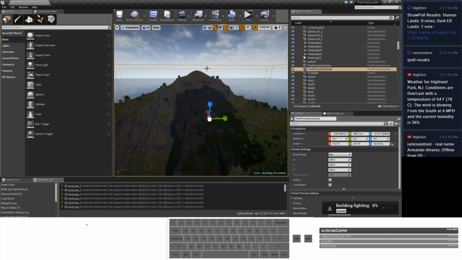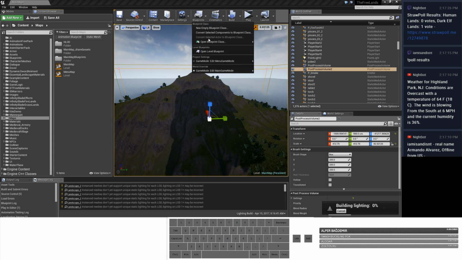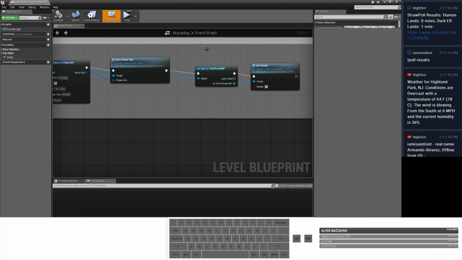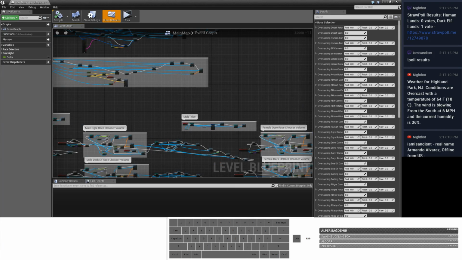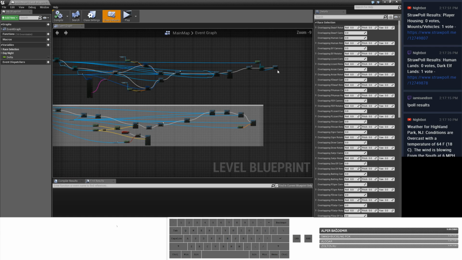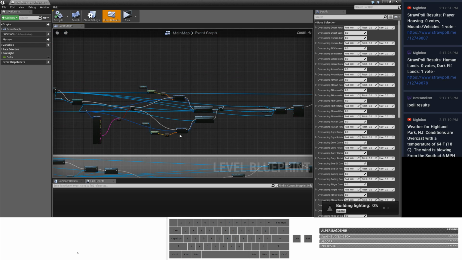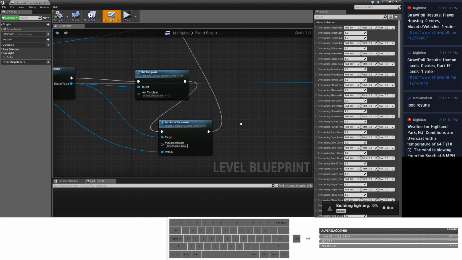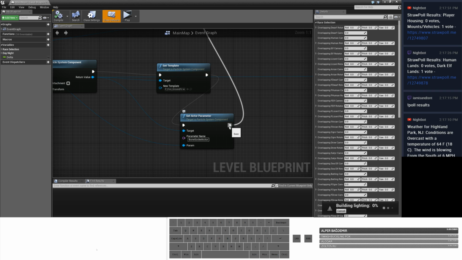Anyway, building lighting 0%. Let's go in here to the logic of the main menu, because I want this song to happen when you get teleported in. Oh yeah, and a sound here. 2 sounds. I did it yesterday, but I had some crashes elsewhere, so I took the sounds off, thinking that it was the sound that was crashing it, but it wasn't. So I'm gonna put them in again.